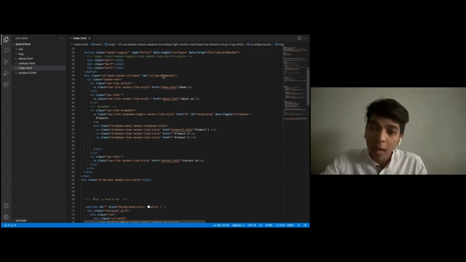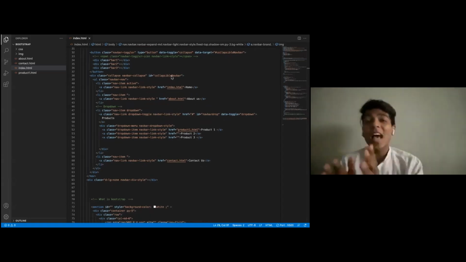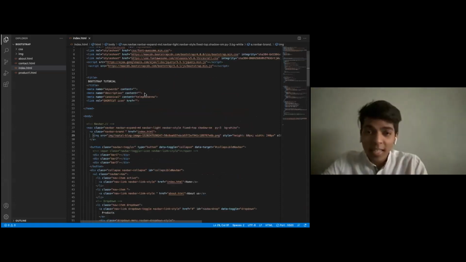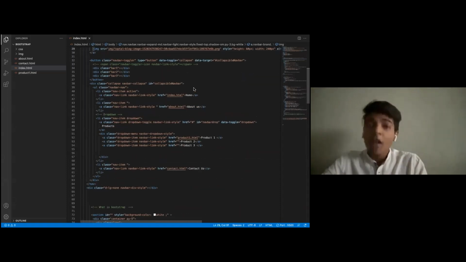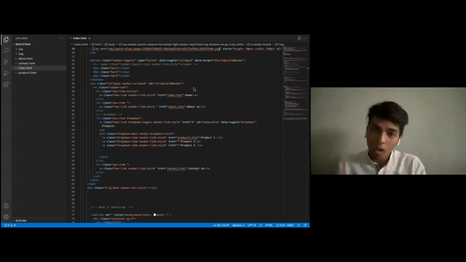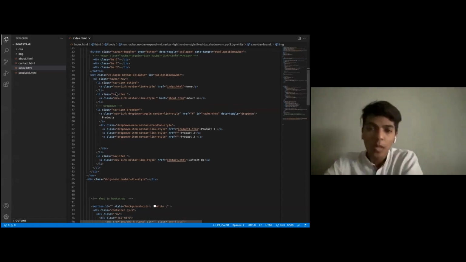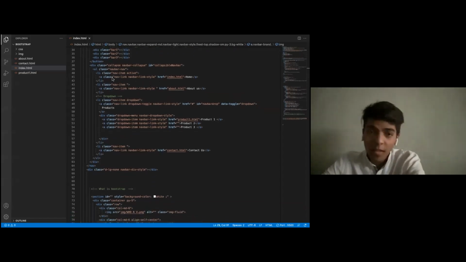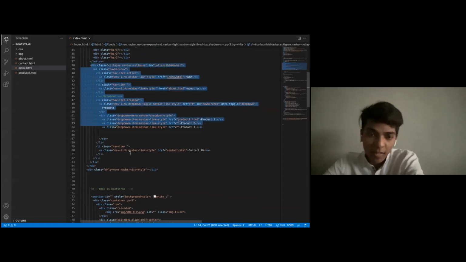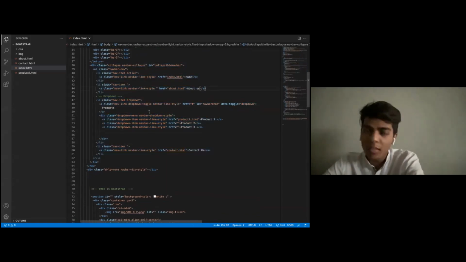So navbar collapse, the ID, it already has a different framework structuring in the Bootstrap library. By using the CDN and the scripts, we get those libraries online and it relates. So this is something that Bootstrap has provided us with. Though the second part, from here, from the div tag, is something that we have to actually write. The classes are something that we write. The href is something that we write. So if the first page is index.html, you have to make up those pages.